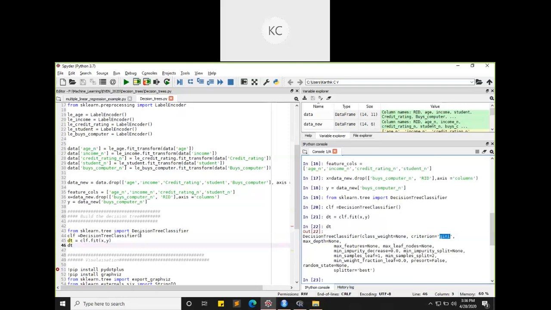I can also set the criterion here, so if I go to criterion equal to gain, it will consider the criterion as gain. You can do it like that. So this is about your model development.